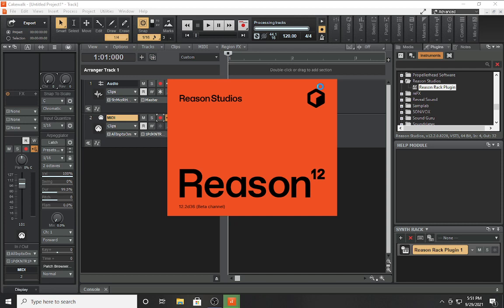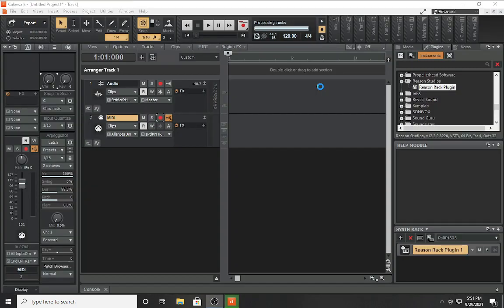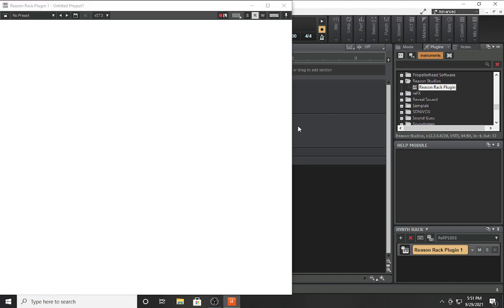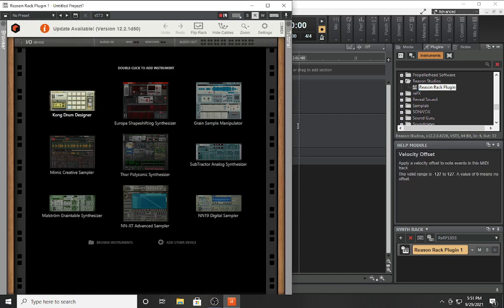And everybody can see it. That's okay. I also have the actual Reason 12 on my computer. So I think it's funny that it primarily will pull this up, but it won't pull up my actual Reason 12. But I have access to both licenses. So anyhow, so yeah,